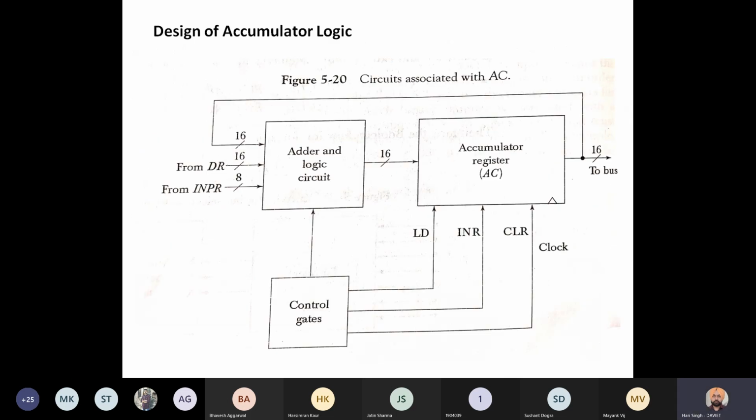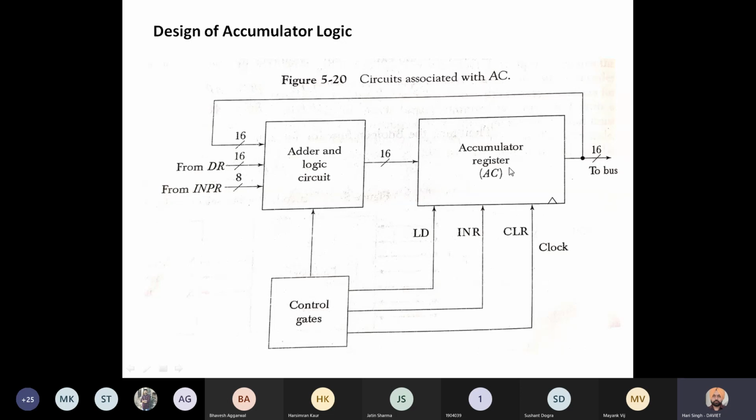Let us see how the operations related to accumulator are controlled. So design of accumulator logic. All these logics, whether related to register operations, memory operations, or data bus operations, are part of the control logic gates. Now see the overall application of accumulator.